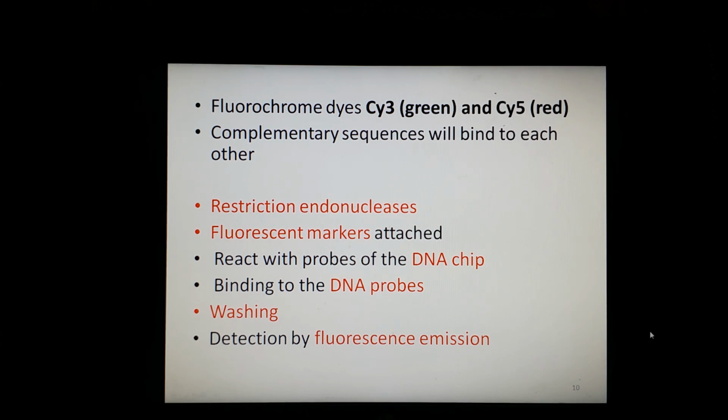We have discussed what a probe in molecular biology means. It is basically a fragment of DNA or RNA of variable length that can be radioactively or fluorescently labeled. So this is what a probe means. After that, the target DNA fragments along with their complementary sequences bind to the DNA probes. The remaining DNA fragments are washed away, and the target DNA pieces can be identified by the fluorescence emission by passing a laser beam. So when they emit the fluorescence, you can identify them.